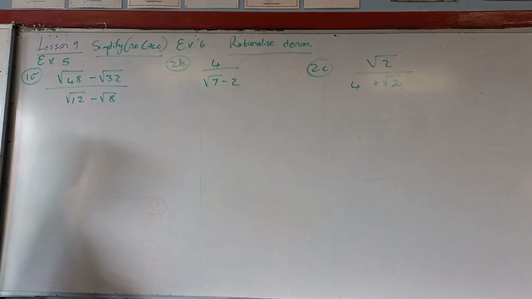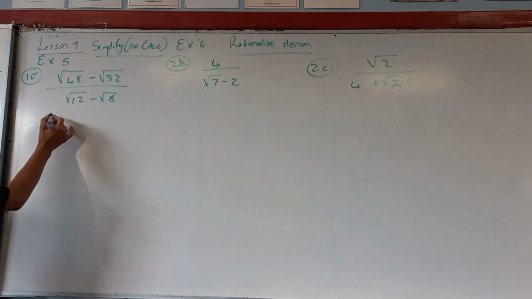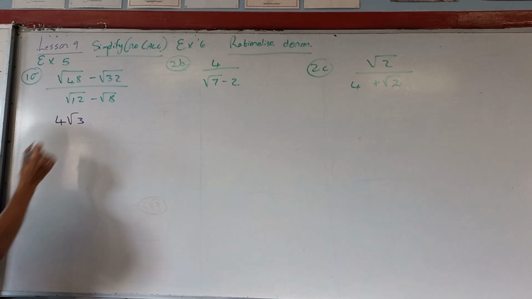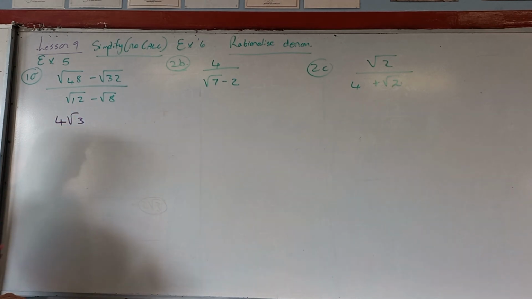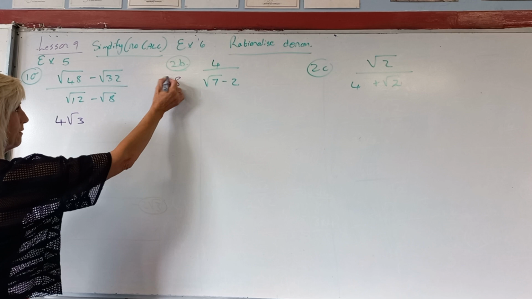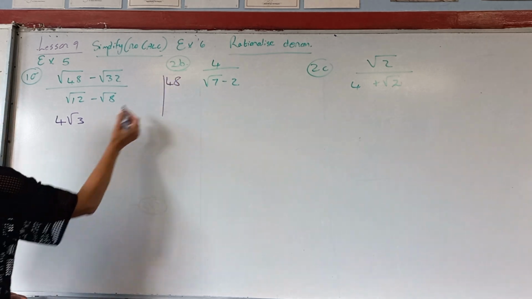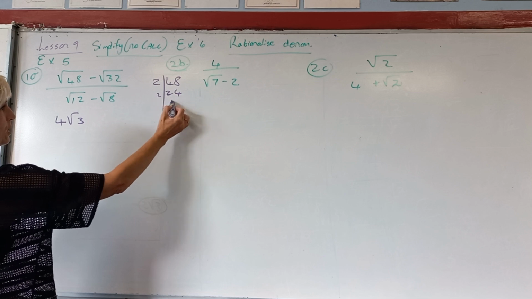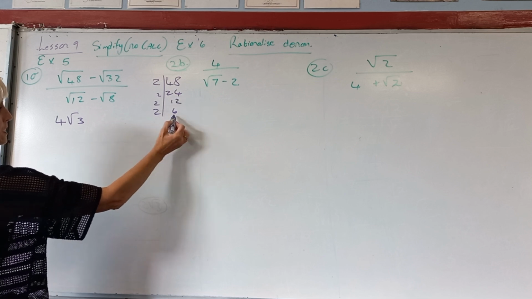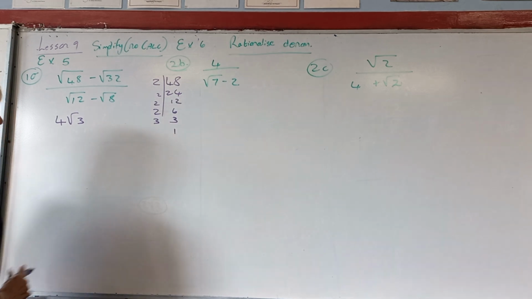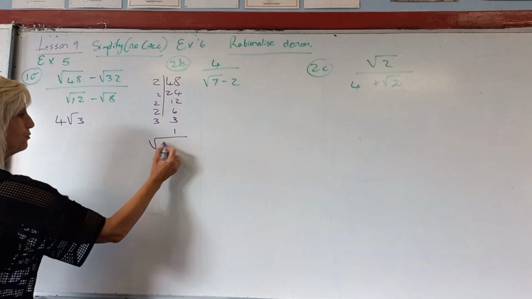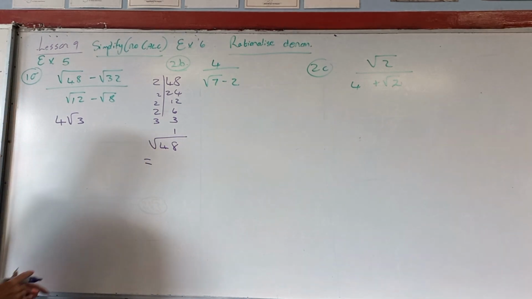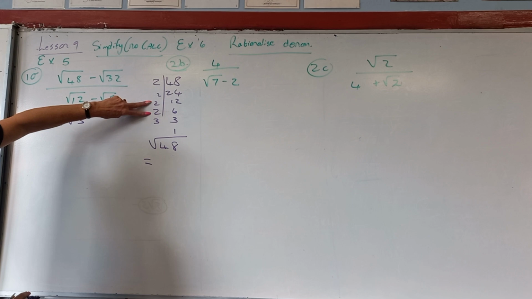What is root 48? 4 root 3. And how did you get 4 root 3? Calculator. How are you supposed to get it? Using those factors. And then you would have gotten, let's do it once. 2 goes 24, 2 goes 12, 2 goes 6, 2 goes 3, 3 goes 1. What does it mean? That root 48 is equal to 2 squared times 2 squared